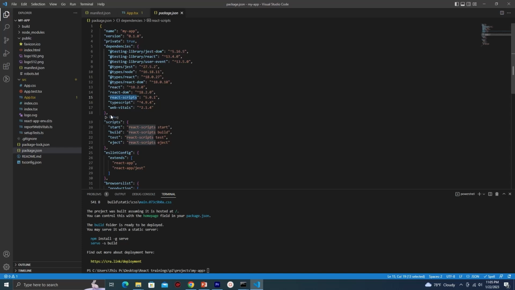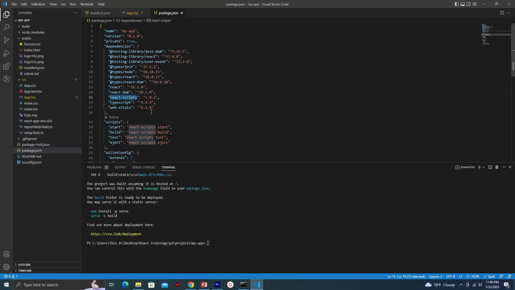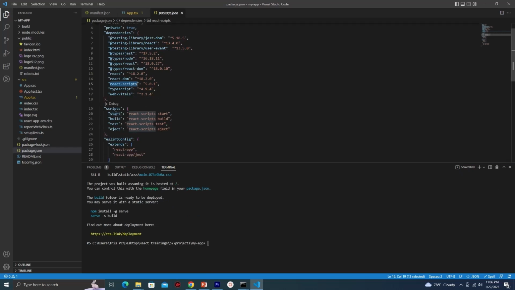So behind the scene you no need to worry about how to build this project. All the configuration is already there. You just need to run npm run build to build your project, and you just need to run npm start to start your project. Likewise, the React script is very important, so this is used here in the script